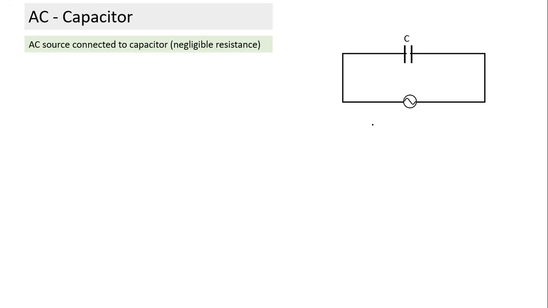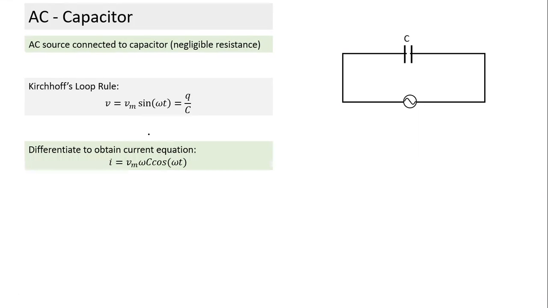The applied voltage will be equal to the potential drop or rise across the capacitor, so applied voltage equals Q by C. What are we interested in finding? Current. How do we find current from this equation? Fairly simple: I equals dq by dt. We get the expression for Q and differentiate. This is just differentiation, so I think we don't have to do it three times. We are not doing three different things, we are doing the same thing three times.